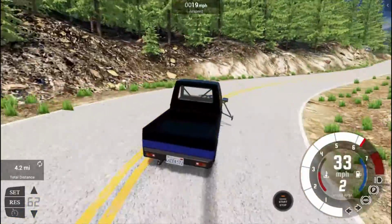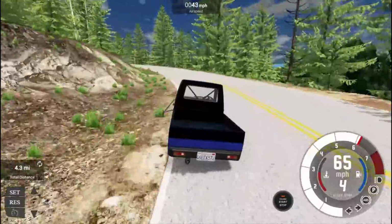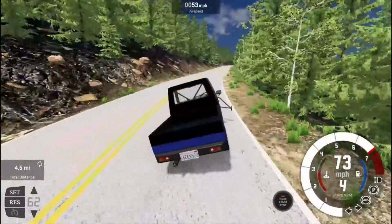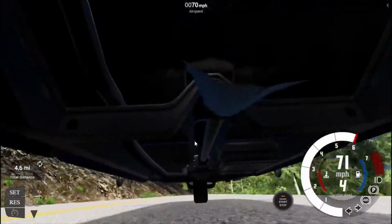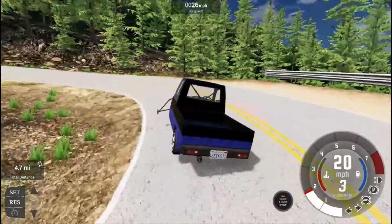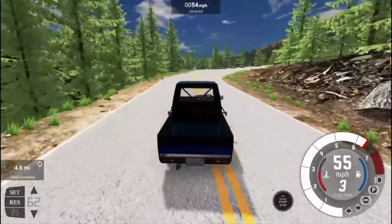Come on. I need to get the power down. Come on, little pigeon. Oh boy, little pigeon. Okay, but which? Is it a rear wheel drive? Yes, you are rear wheel drive. Oh, brake, brake, brake, brake! Come on, little pigeon. I know you can. We're 5 minutes and 12 seconds into our...